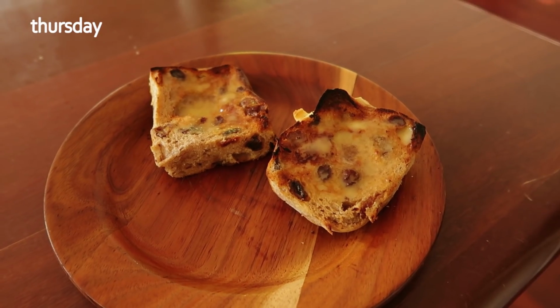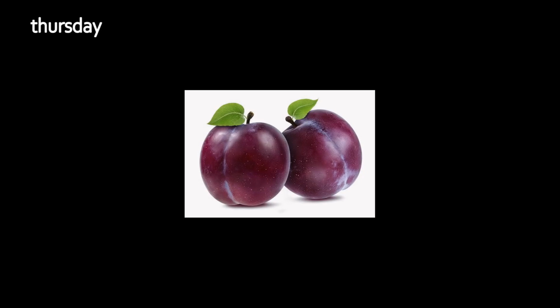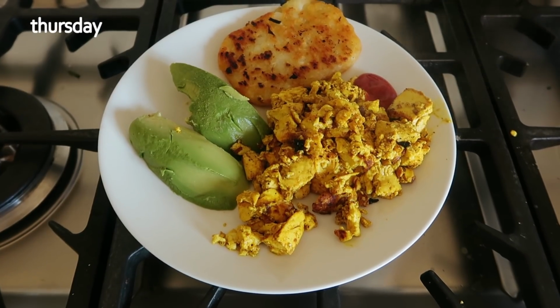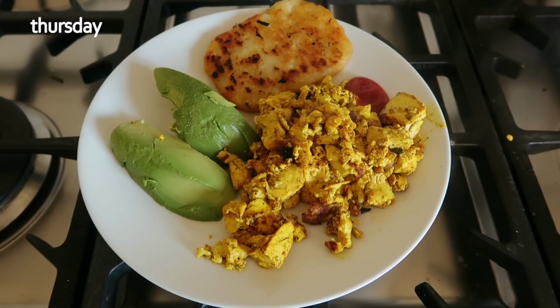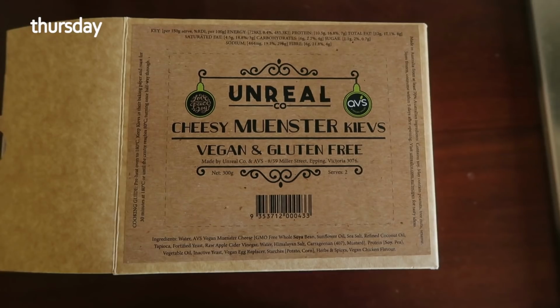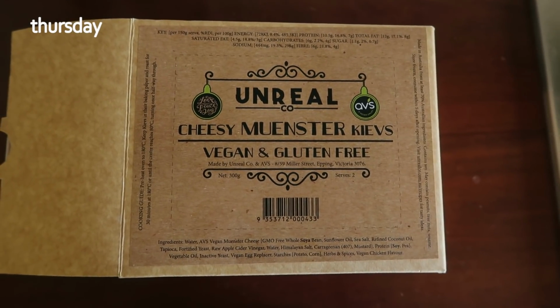The morning of Thursday was similar to the others. Also went to nannying, had a few more plums. We made my thumbprint cookies, so I'll leave the link to them below. Came home, wanted to have my tart, but my brother had ate it. Thank you very much, not. So I made a tofu scramble, had a hash brown, avocado, had a chocolate pot, and then dinner on Thursday